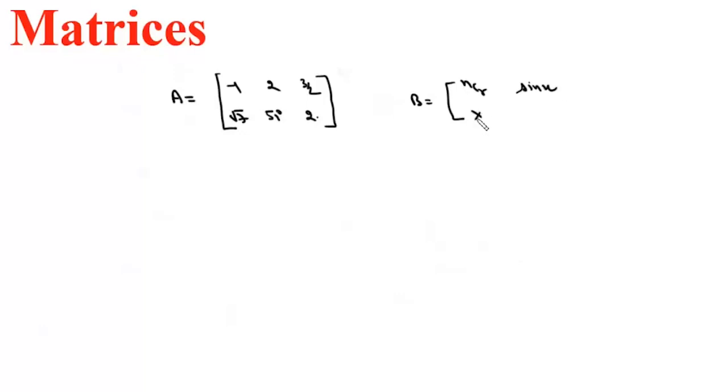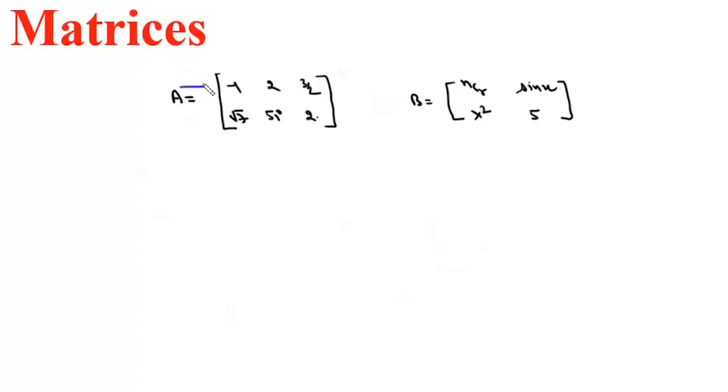Say for example, we can write matrices with capital letters, say A, and it's a rectangular arrangement where we put numbers, say -1, 2, 3/2, √7, 5 iota, 2. Or it could be a matrix containing expressions, say for example, nCr, sin x, x square and 5. So in both the cases, we have some numbers or some expressions arranged in rectangular rows and columns.